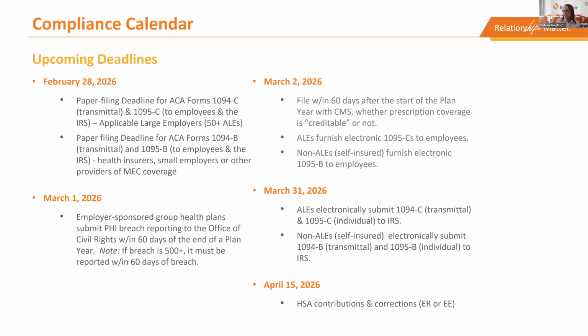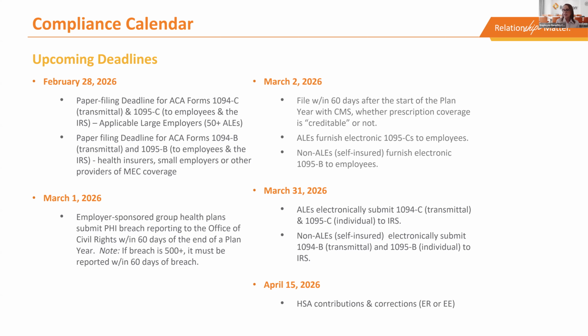Then March 2nd, this is where we're getting into the March 31st deadlines of furnishing the electronic individual returns under the employer shared responsibility to your employees. Of course, in some states you always have to provide them to the individuals no matter what. But there have been some relaxed rules generally for the federal requirement that you don't necessarily have to give them